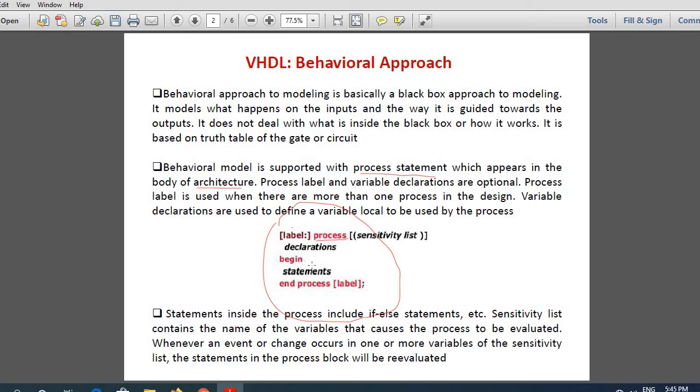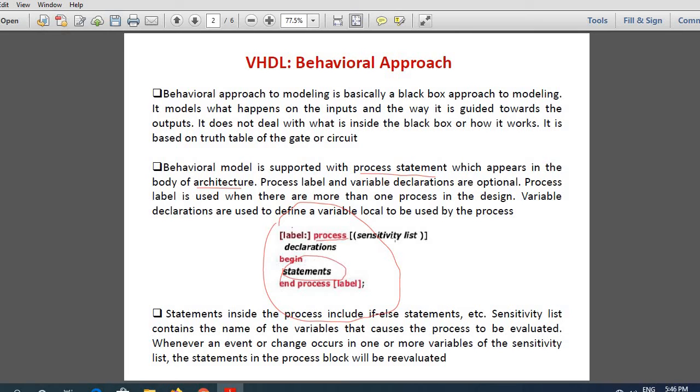So what I said is, the VHDL behavioral approach is always supported with process statements. Now, what is the sensitivity list? It contains the names of variables that cause the process to be evaluated. When changes occur in one or more variables of the sensitivity list, the statements will be re-evaluated.